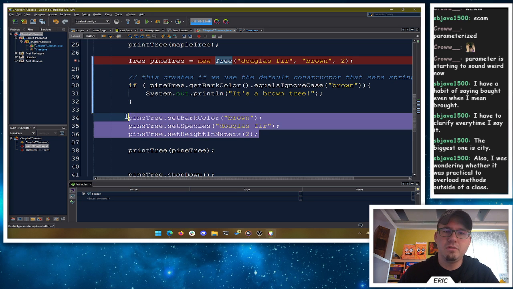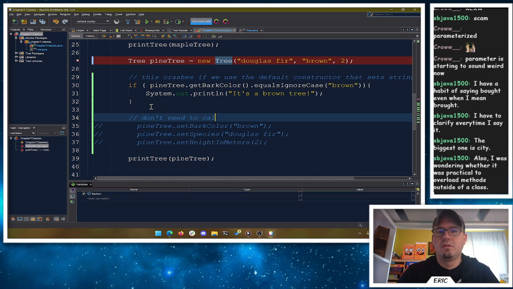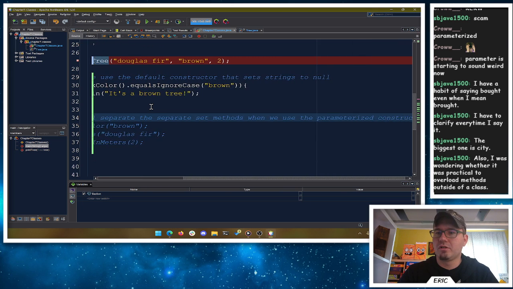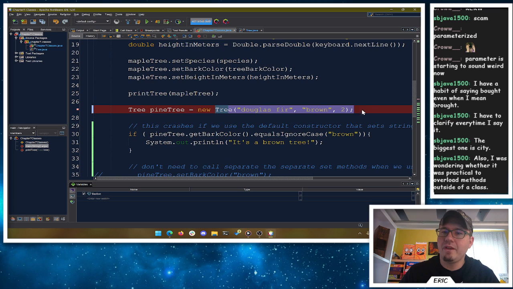And I don't need to do these lines. We don't need to call the separate set methods when we use the parameterized constructor. We just have values for it right here in the constructor, which is fantastic.